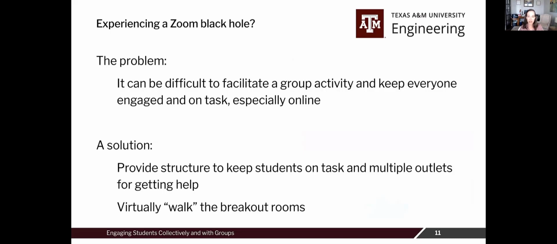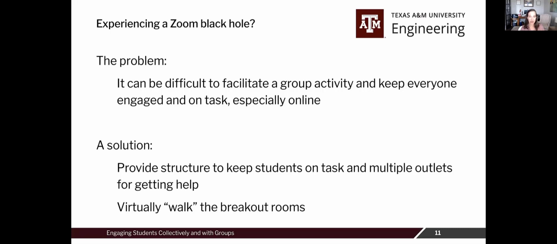And normally, if we're all in person, they would be at their different tables, and I can walk around and watch and see if some table is having trouble and help them out, or see someone's hand raised. And it's really hard to do that in Zoom. It seems like Zoom's a black hole, right? Because you send them off, they're in their own breakout rooms. You're not there, you can't use proximity to help keep them on task. And you're losing a little bit of that body language and communication that you used to have.